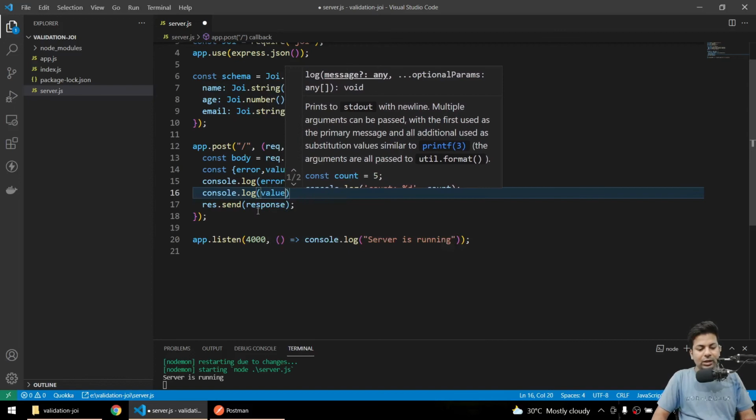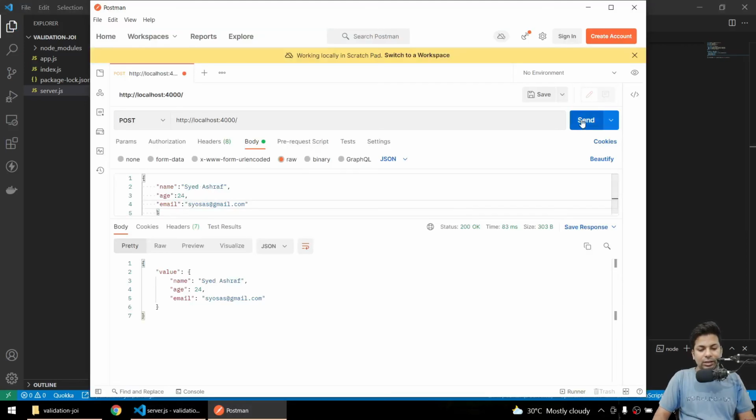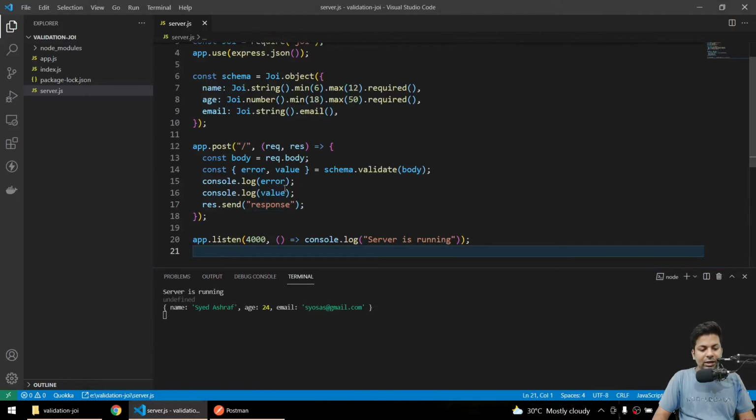The response variable is deleted, so we'll just send a string as a response. Now if I send, you can see error is not defined because we don't have any error, and in the value we got the value.